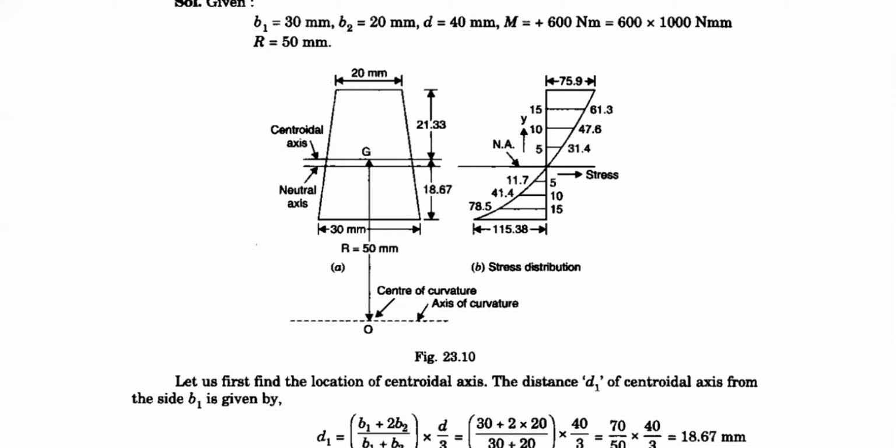You already know that, and again you may have a doubt regarding the formula. So sir, what is B1 and what is B2? Where is B1 and where is B2? It is already mentioned that at the bottom, B1 is 30 mm and B2 is 20 mm. You can observe it in the figure, no problem, but for confirmation only I am saying that B1 equals 30 mm, B2 equals 20 mm, and your depth D equals 40 mm. Right? Now you proceed with your problem.